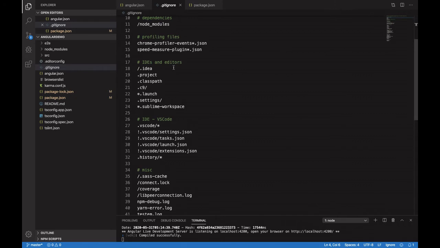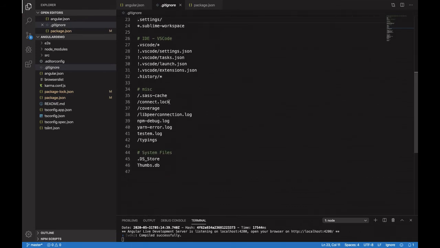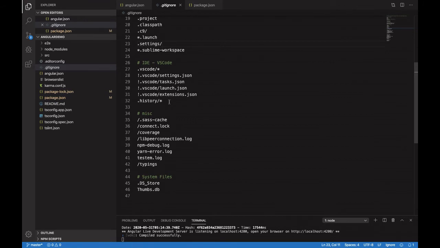So whenever it finds any file with .launch as the file name, it will ignore that file also. For example, .settings/. It will check the directory, and if anything like .settings/ comes into a path name, it will ignore that too. So these are some of the rules used in this file.